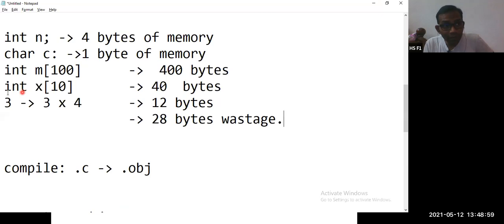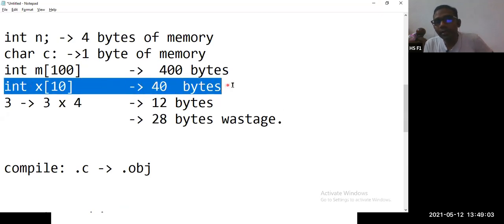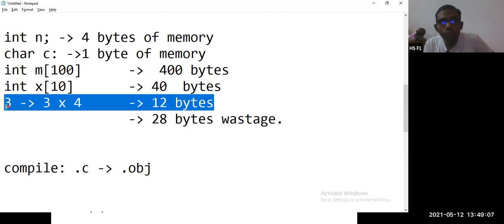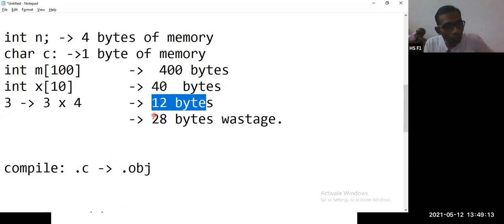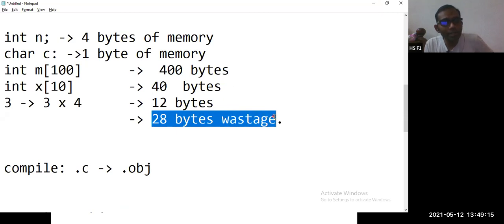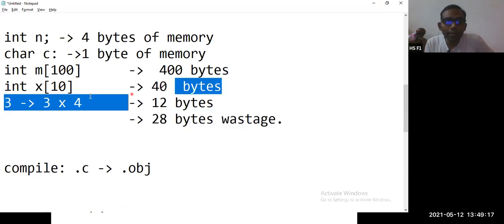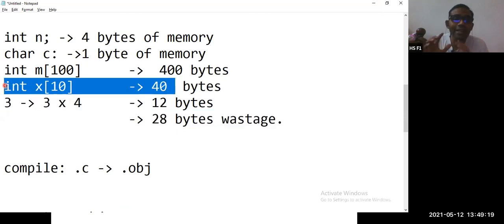In this program, when we declare an array of 10 memory locations, the compiler is going to allocate 40 bytes. If the user uses only 3 memory locations, then 12 bytes are being used. What about the wastage? 28 bytes is wastage.